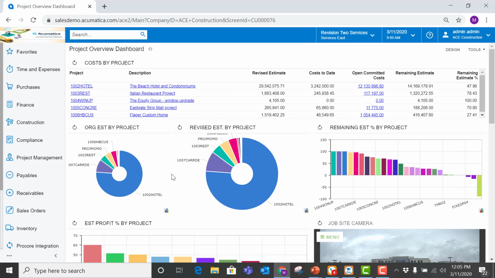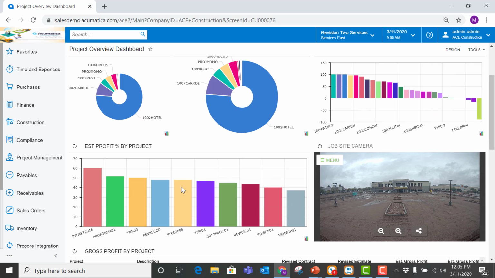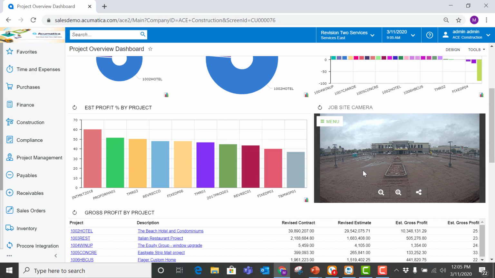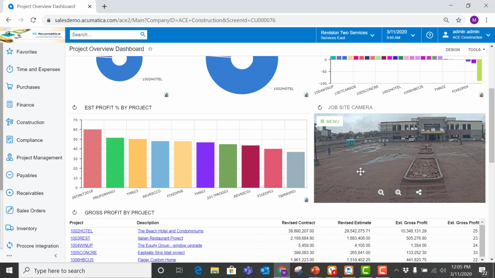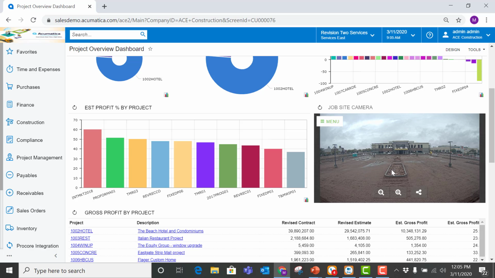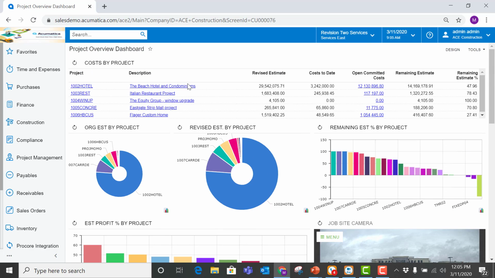These dashboard items, or what we call widgets, can be set up a number of different ways, different types: charts, tables, graphs, KPIs, trend cards, etc. Even setting up embedded web pages like job site cameras, as you see here, a live look into one of my construction projects. I can zoom in, I can zoom out, same functionality as if I were on the website directly from this dashboard. But for today's session, we're going to be focusing on the project management functionality